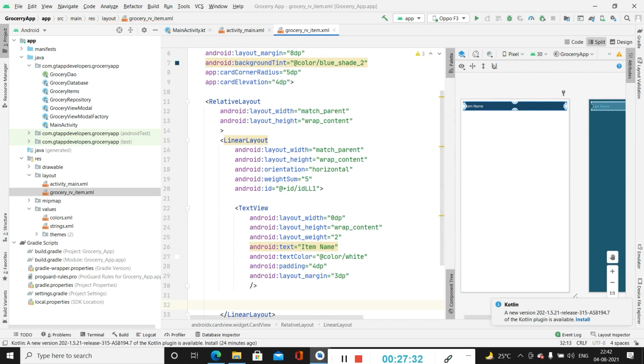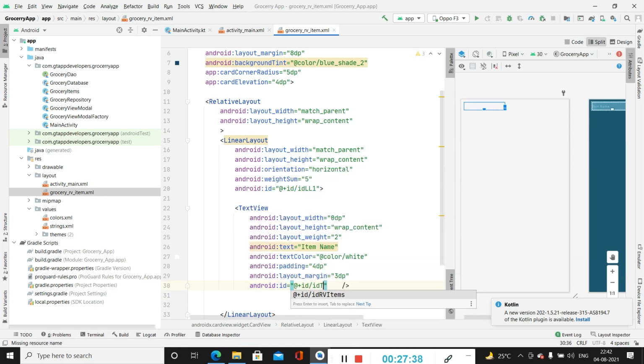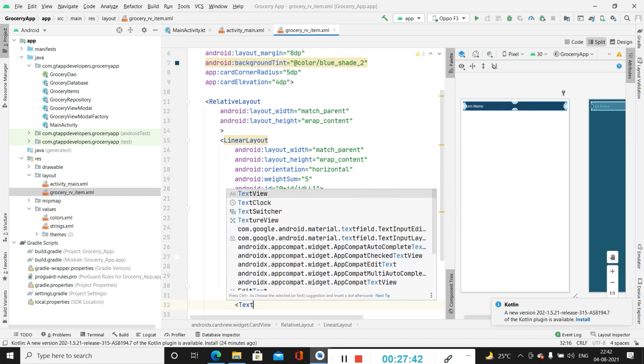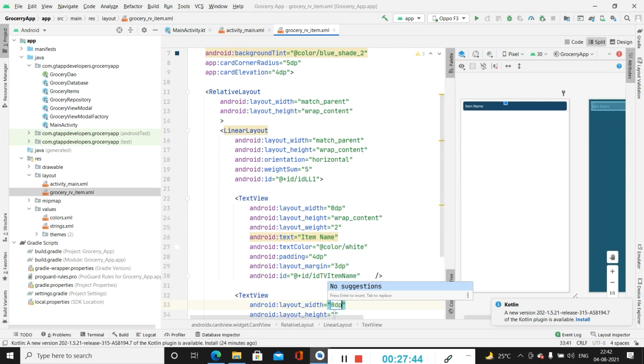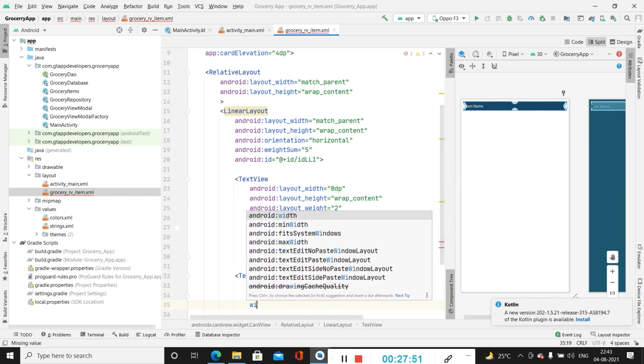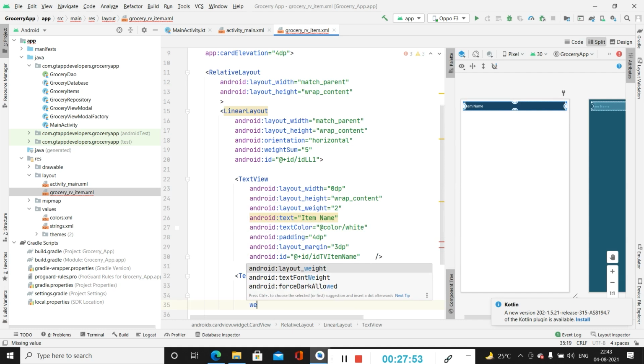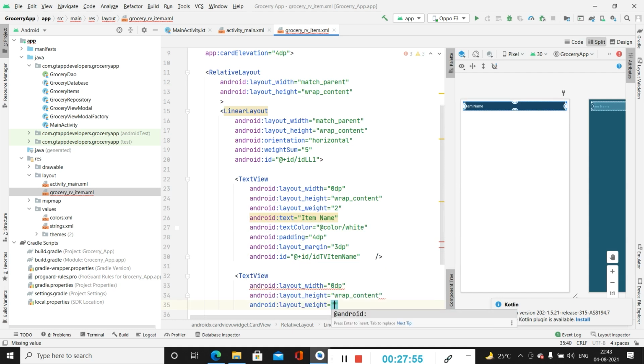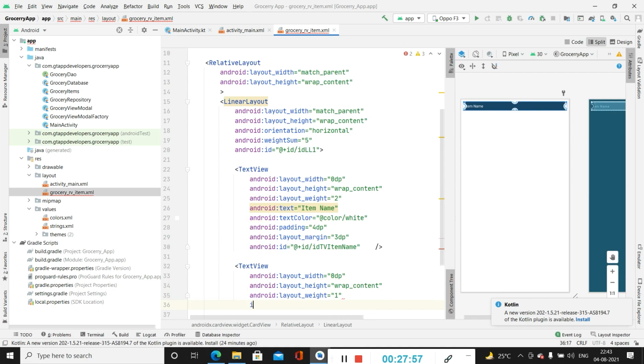Now after this text view we will be creating one more text view, that is quantity. So firstly we will be adding ID to this. Then we will be creating one more text view, specify width as 0 dp, height as wrap content, weight as 1.